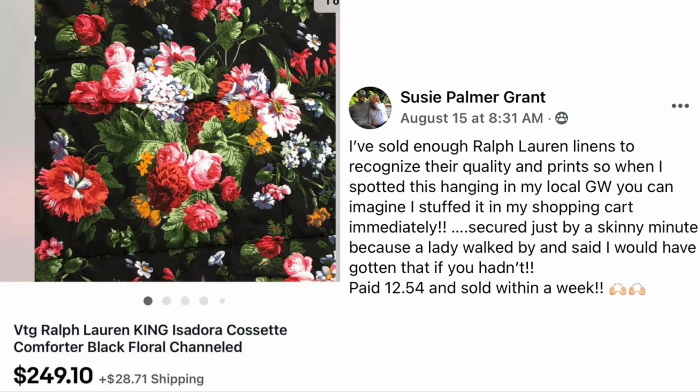Okay, Susie Palmer Grant is back with that Ralph Lauren black floral comforter. She said, I've sold enough Ralph Lauren linens to recognize their quality and prints, so when I spotted this hanging in my local Goodwill, you can imagine I stuffed it in my shopping cart immediately. Secured by a skinny minute because a lady walked by and said, I would have gotten that if you hadn't. She paid $12.54 and it sold for